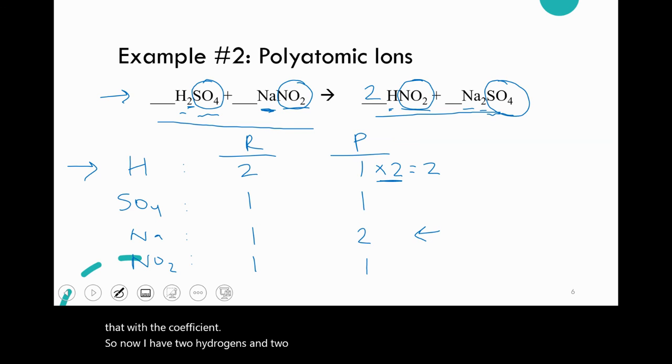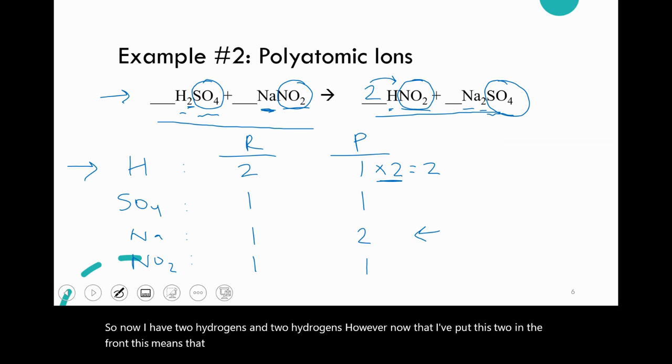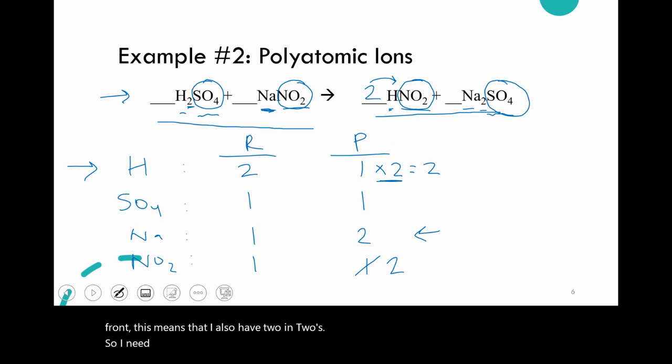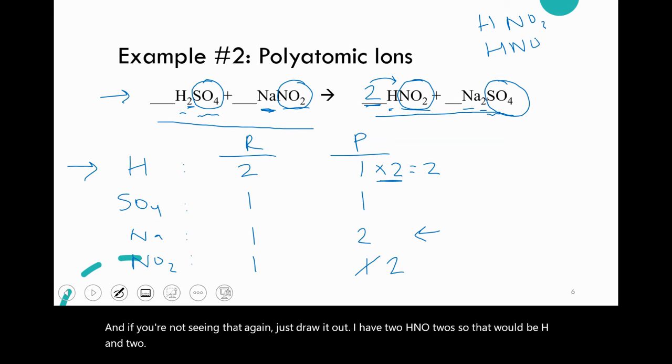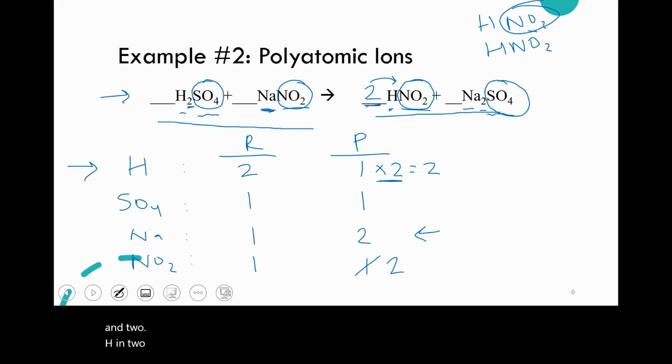However, now that I've put this 2 in the front, this means that I also have 2 NO2s. So I need to write that down. And if you're not seeing that, again, just draw it out. I have 2 HNO2s, so that would be HNO2, HNO2. And you can see that I have 1, 2 NO2s, also 1, 2 hydrogens. Now let's do